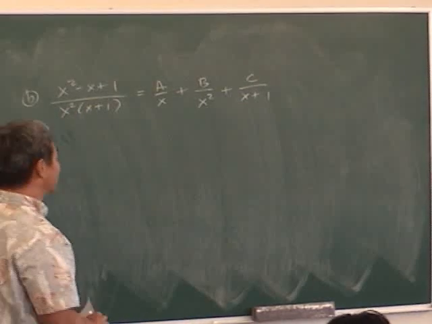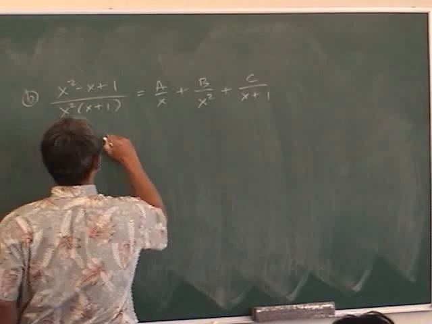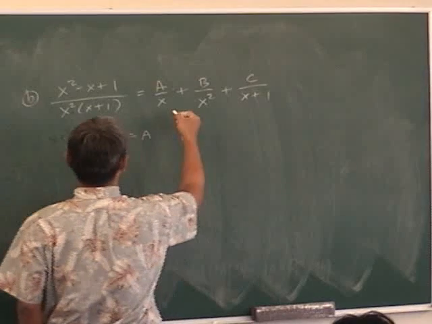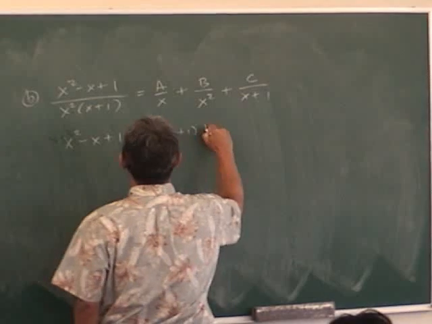Just to kick it up a notch. Okay, so x squared minus x plus 1 is equal. This is where a lot of students have trouble for some reason. They cannot multiply by the LCD. I don't know why, but